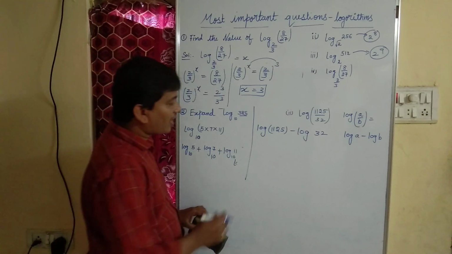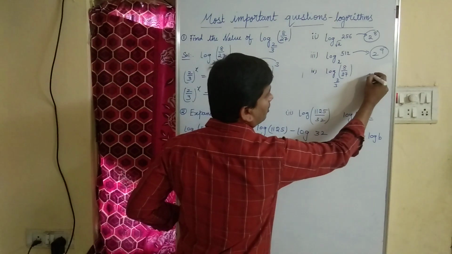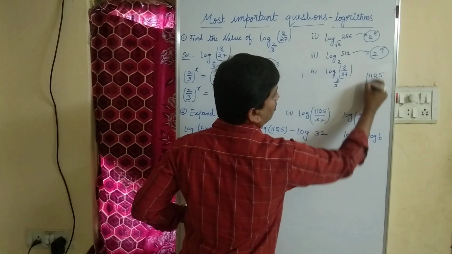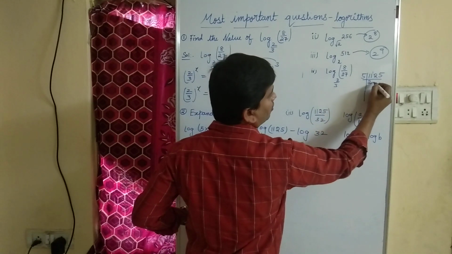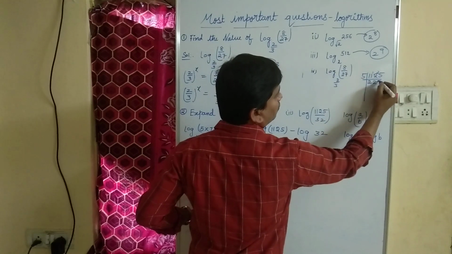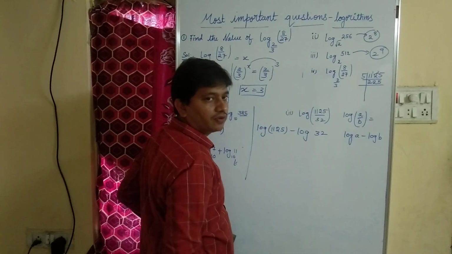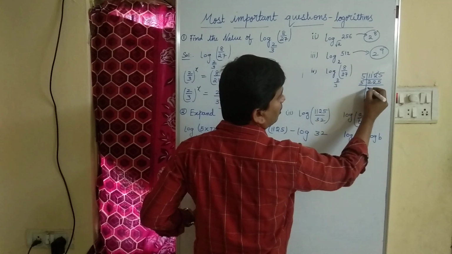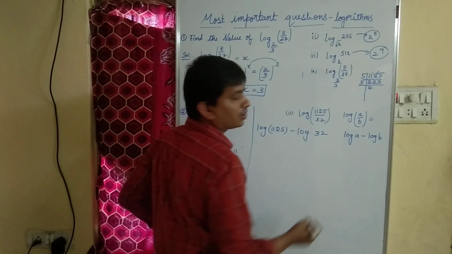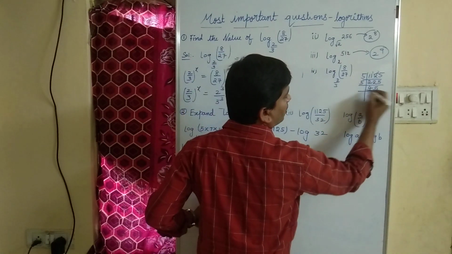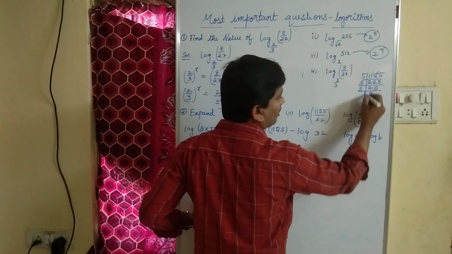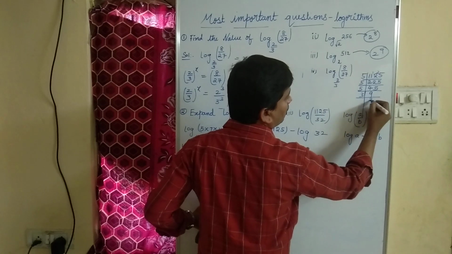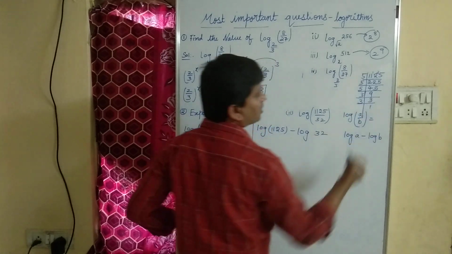Now let us find the prime factors of 1125. 5 table, 5 2s are 10, 1 2, 5 2s are 10, 2 5, 5 5s are 25. Again 5 table, 5 4s are 20, 2 5, 5 5s are 25. Again 5 table, 5 9s are 45, 3 table, 3 3s are 9 and 3 1s are 3.